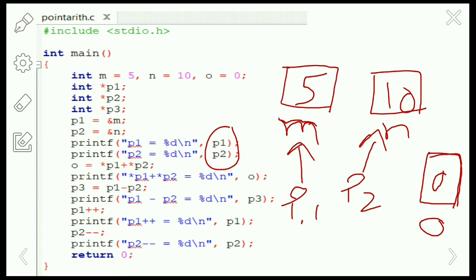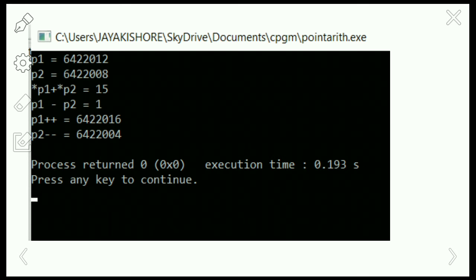So it is going to perform the addition operation on these two values. p1 plus p2 equals to 15, right? So the output will display o equals to 15. And here you can see the addresses of p1 and p2, the pointers pointing to the particular addresses of m and n.